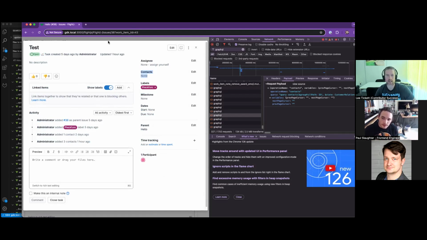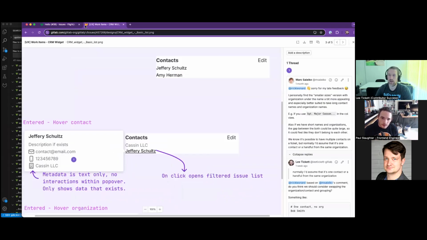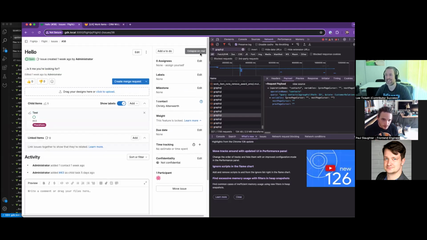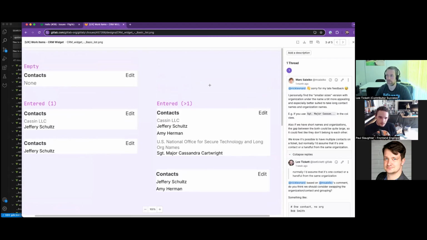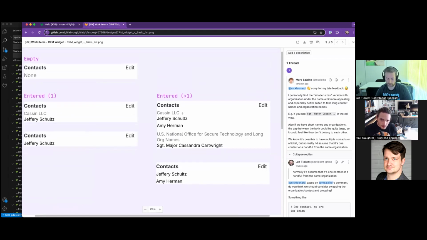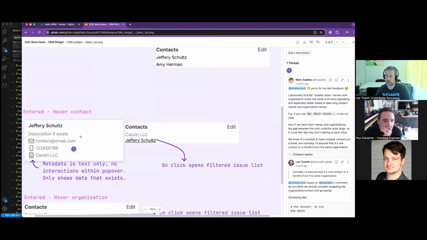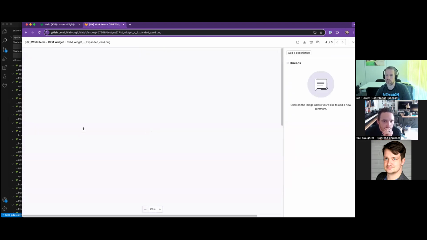Now, what I'm really excited by is that the plan isn't to simply lift and shift, if that's the right word. So the contact widget in the old world is view only, read only. It just shows you, you can click, it's a hyperlink, but it doesn't allow you to interact. Now the designs for the new world are a little bit more fancy. So we're actually going to group by company, if we've got a few contacts on there, with a slightly nicer hover, and we're actually going to be able to